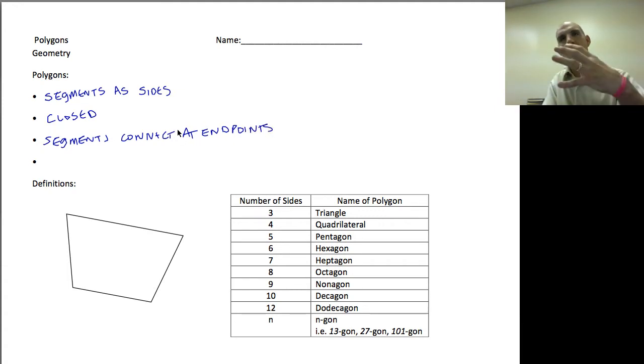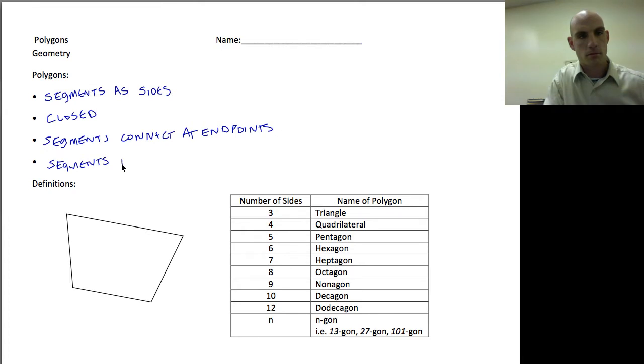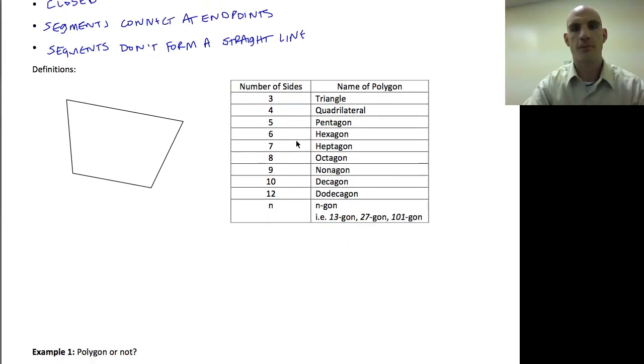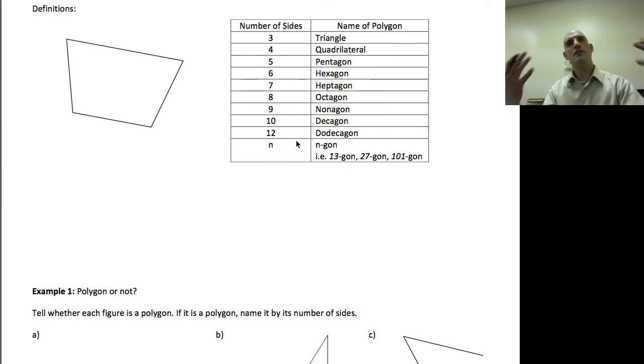And the last thing is that when these segments connect at the endpoints, they don't form a straight line. Okay, so those are the four characteristics of polygons. And so if we look down at this next little section here, I have outlined all of the definitions of